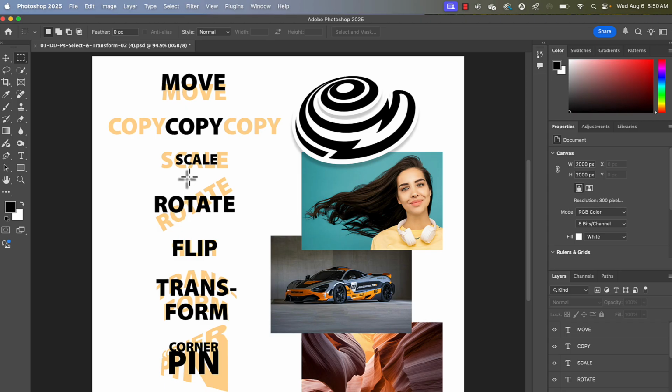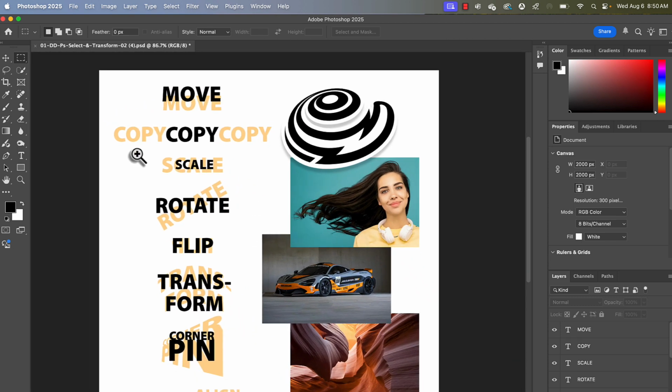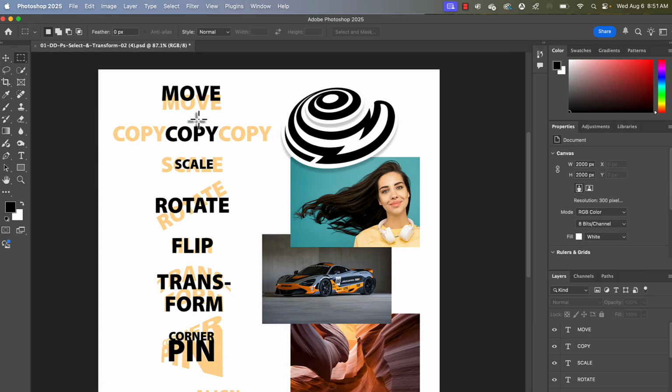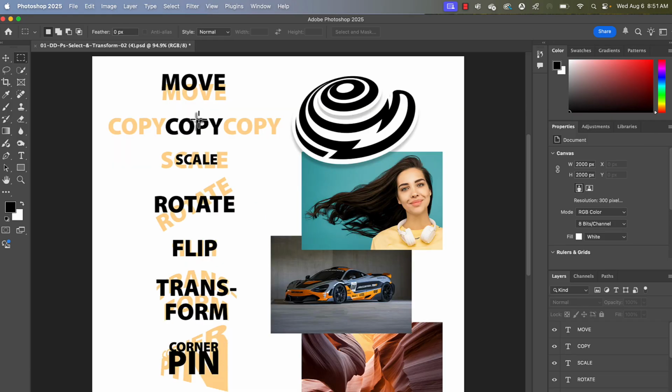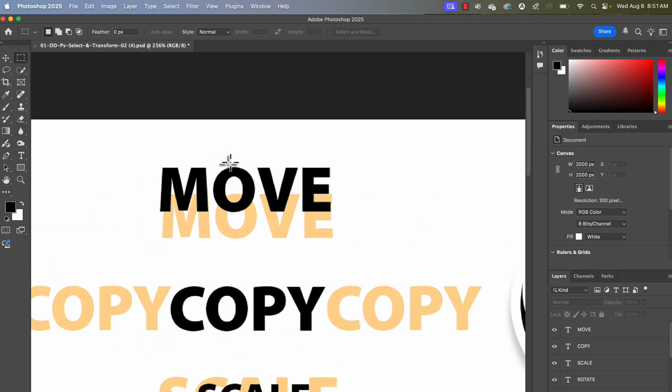Navigating. Just like we could in Illustrator, we could use keyboard shortcuts like spacebar to pan, spacebar command to zoom, or if you like using the wheel on your mouse, or pinch zoom if you've got a trackpad, all of that still works the same. And Command 0 is still fit to screen. Okay, so moving on up to the word move. Probably one of the most common things you're going to need to do is move stuff, which means you have to select it first. Just like in Illustrator, the keyboard shortcut V is your one and only selection tool